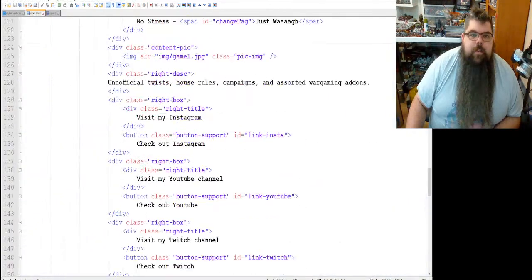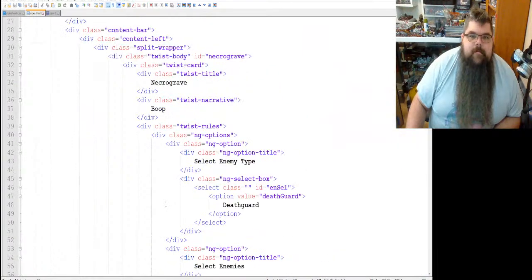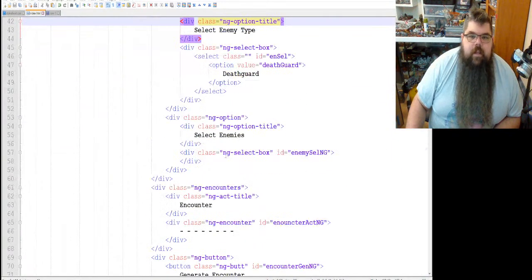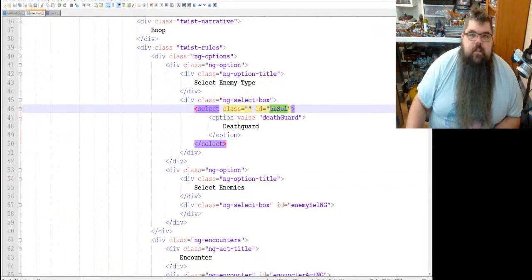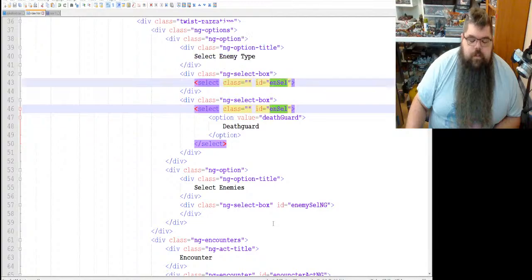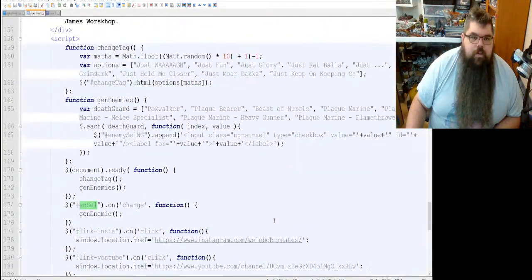Okay. So let's go back and take a look at these functions again real quick and just make sure they're making sense. So select enemy type, select enemies. Okay, so this is an cell. This is the enemy type select. So when you click on this, it's going to generate enemies the same way it does from loading.